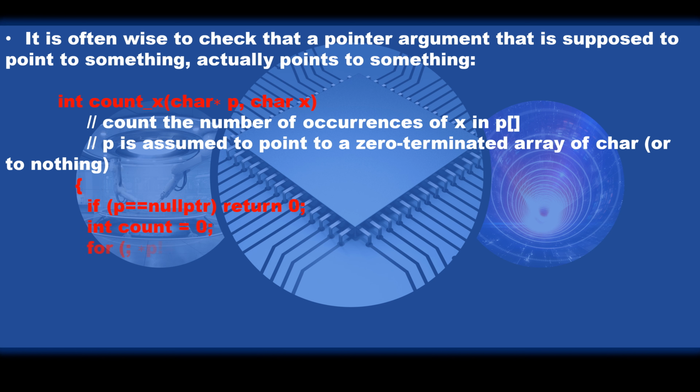{ if (p==nullptr) return 0; int count = 0; for (; *p!=0; ++p) if (*p==x) ++count; return count; }